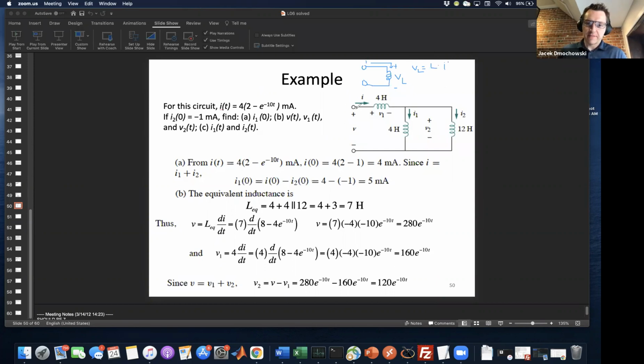Okay. And so this is the voltage between this terminal and this terminal. So you have to think about what is the inductance between this terminal and this terminal. Well, the inductance between this terminal consists of this inductor and this inductor. And so to apply this equation to this circuit, you need to first redraw it in this canonical form. And so that is why you need to simplify the inductors, because